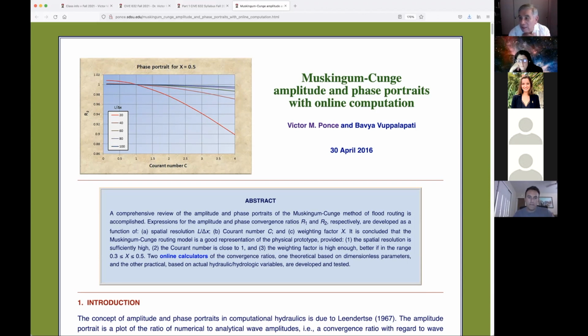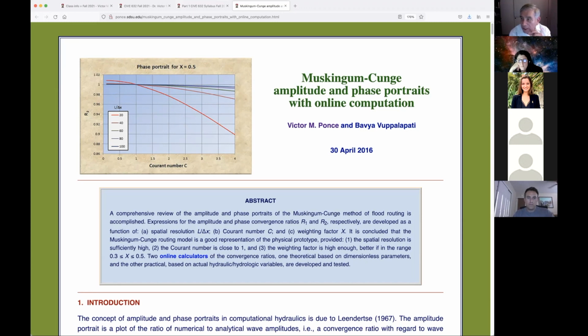And if you analyze the stability and convergence according to standard methods, it would be better for you and for everybody else. Less wasted time. So Lendertzy decided to analyze the stability and convergence of his method. So he must have introduced the concepts of amplitude and phase portraits. That was 1965. Now in 1969,